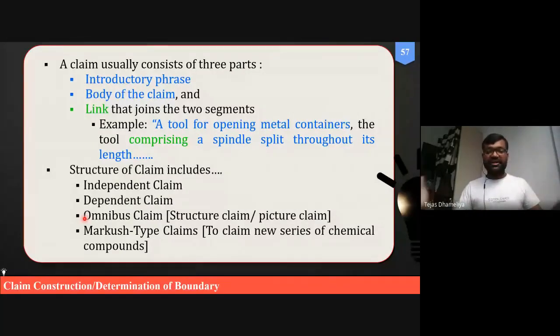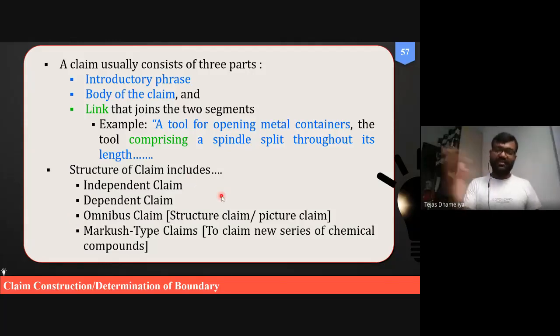So already we have synthesized one compound, but we are claiming their salts, prodrugs, esters, polymorphs, crystals, etc. These kinds of claims are called omnibus claims.